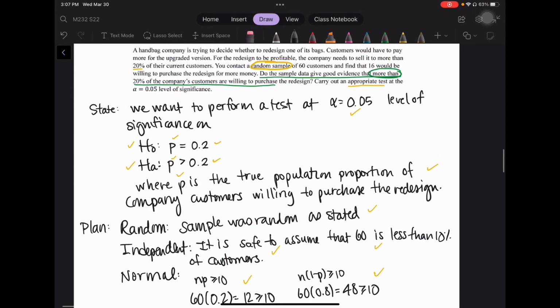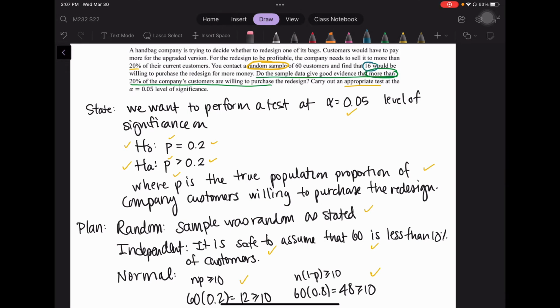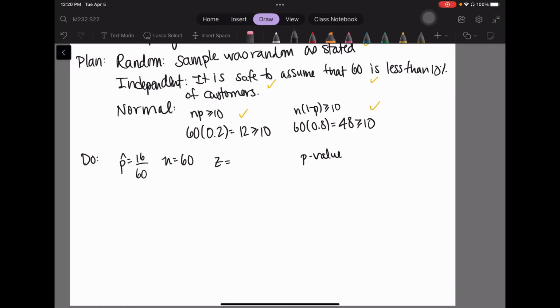Now, the number of successes we had in our sample is 16 out of 60. We write down our p hat, which is 16 out of 60. We write our sample size of 60, and then we calculate our z-test statistic and our p-value. With 16 successes and 60 observations, that comes from our sample, 16 in our sample were a yes out of the 60, we get a